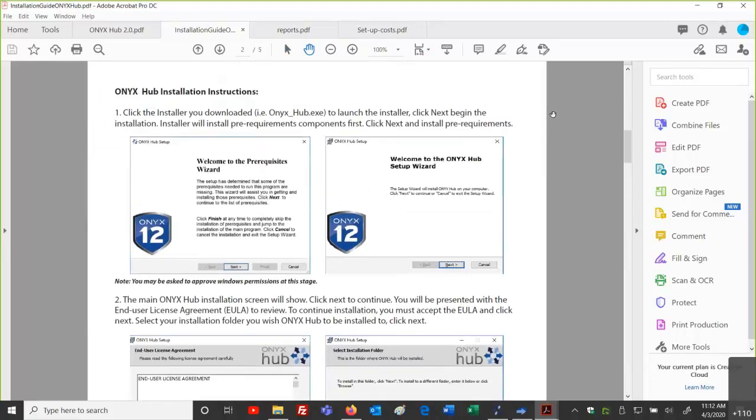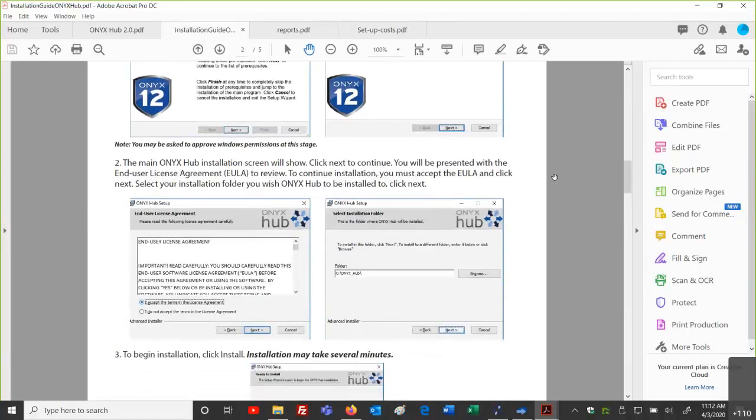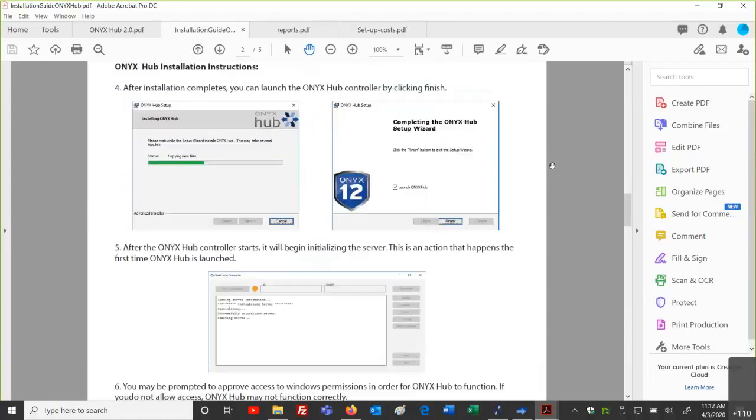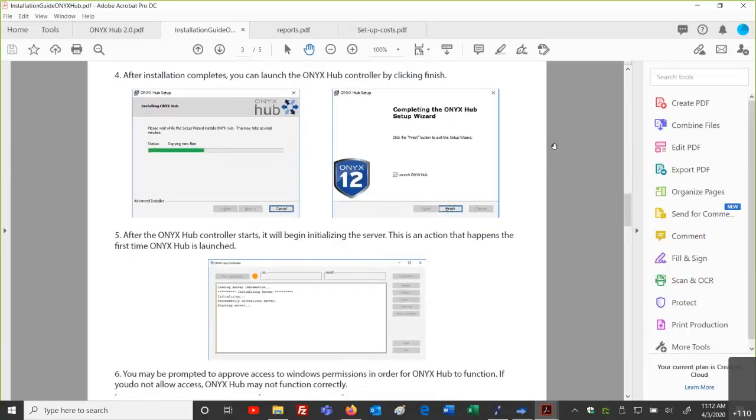So I have this out for you guys as reference, and you're just going through installing this information. When you do this installation, eventually when you launch, it's going to ask you to put in a password for the admin. Your administrator is probably going to be doing this at your shop, installing the software, I would imagine. So they'll be creating an admin password for the admin login for Hub. So that's going to be something that's going to take place.